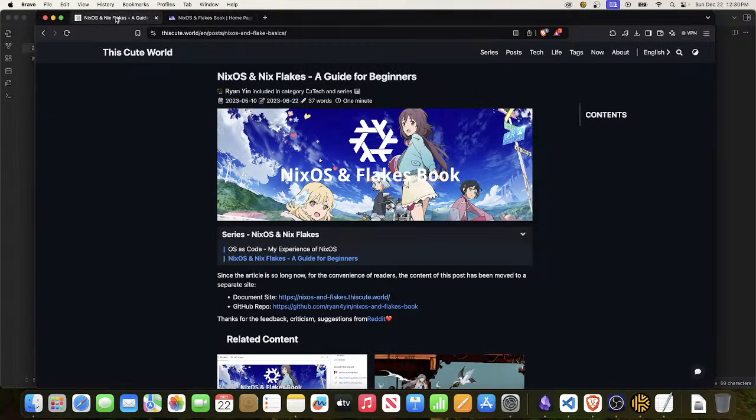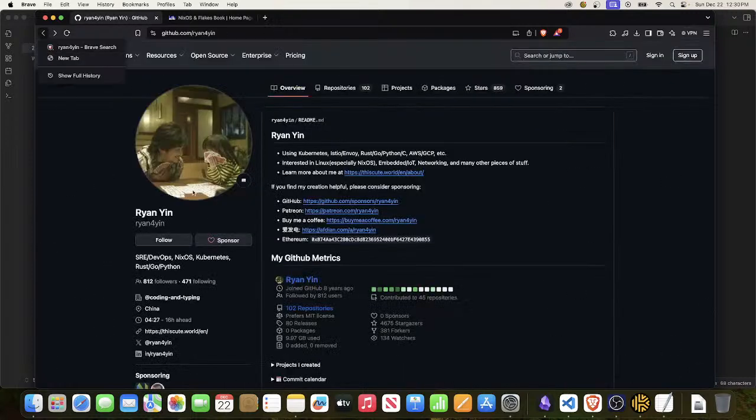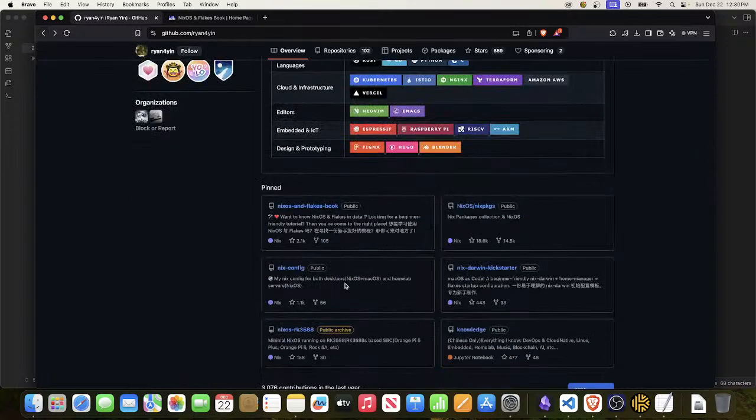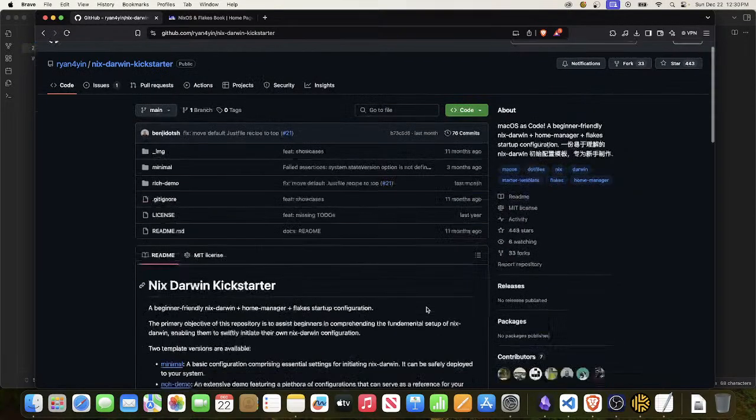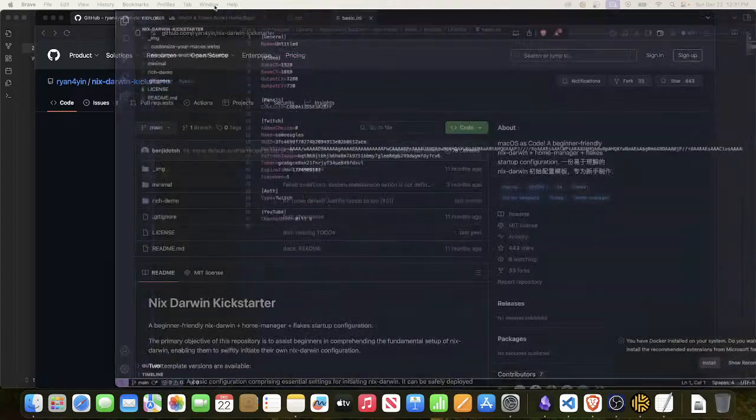But we're gonna kind of skip ahead and just look at his Nix Darwin Kickstarter project and try to use it to install Kitty, nushell, neovim, all the fun things. Currently, I'm using VS Code, but